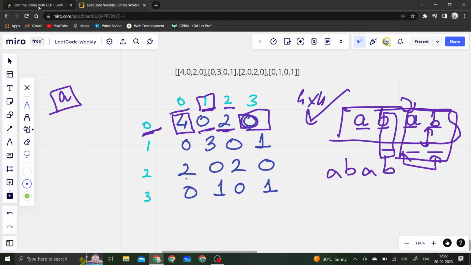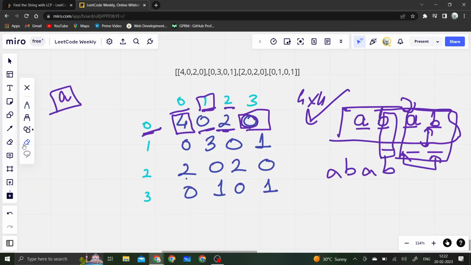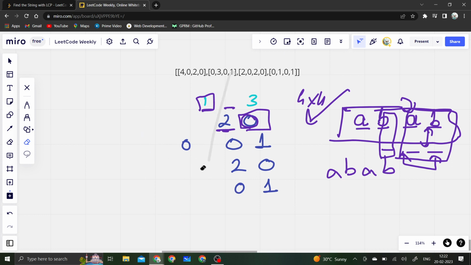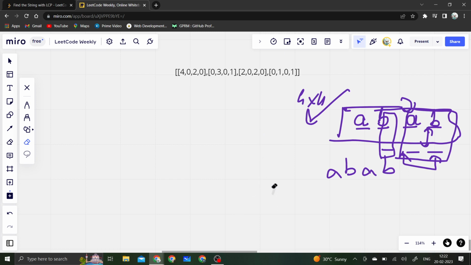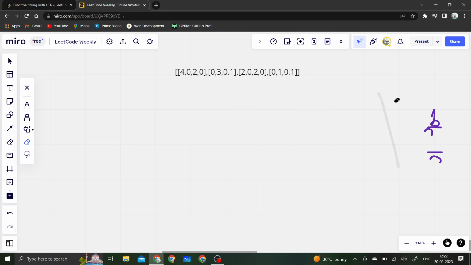Then there is another case, that when it is not possible to form any string, right, we have to just return an empty string in those cases. So now I hope the question is clear to you. Now let's see how we'll be solving it. So first let's see the cases where we cannot form any string out of this LCP matrix that will be given to us, right? So the first case is